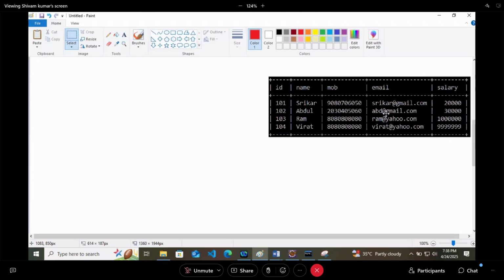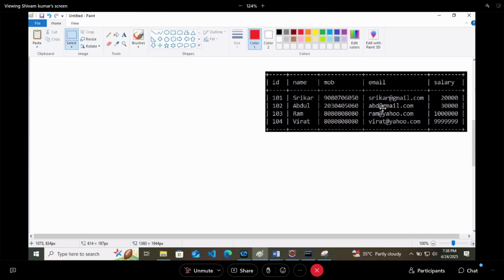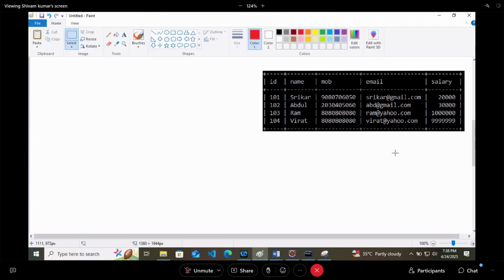So this database is saying that I will return you values in this particular format, because I know SQL only. I will give you rows. This is the first employee.